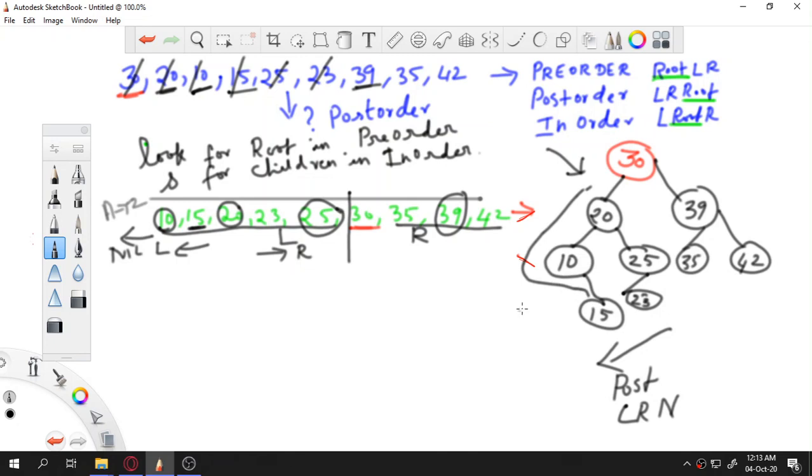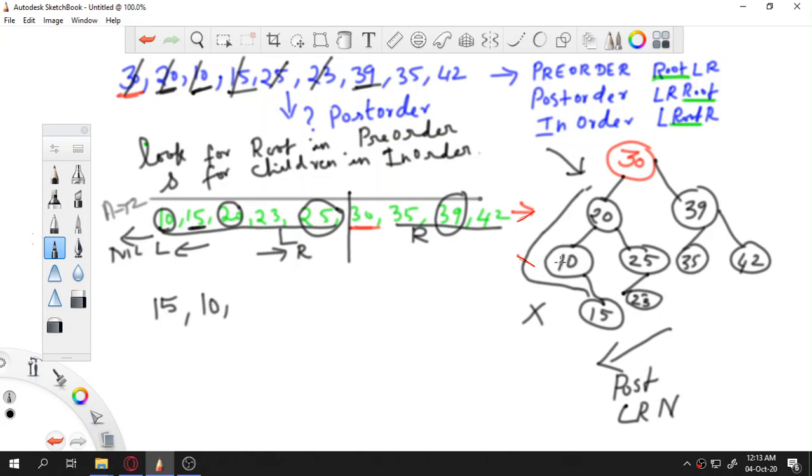So there is no left, it is dummy here. Okay, so we can start only from the right. So 15 is the first element, comma, and then this left and this right is over, and this is the root node. So write the 10.